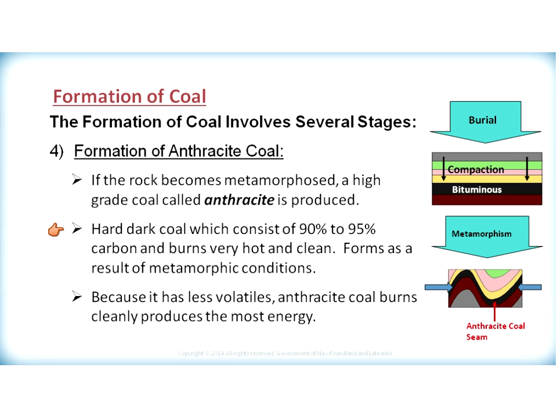This grade of coal forms a hard dark coal which consists of approximately 90 to 95% pure carbon, and when burned, it burns very hot and clean. This forms as a result of metamorphic conditions. Hence, anthracite would be considered a metamorphic rock. Because it has less volatiles, that is water and methane, anthracite coal burns very clean and produces a high amount